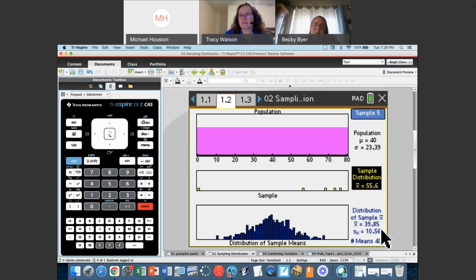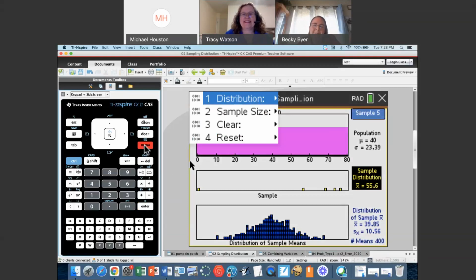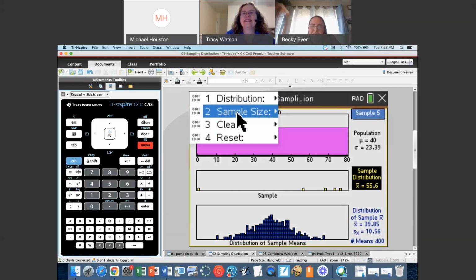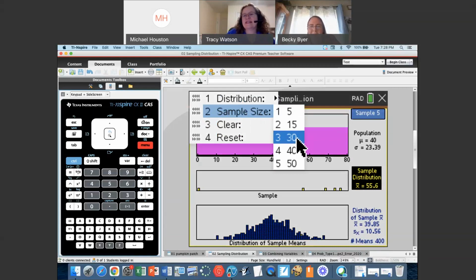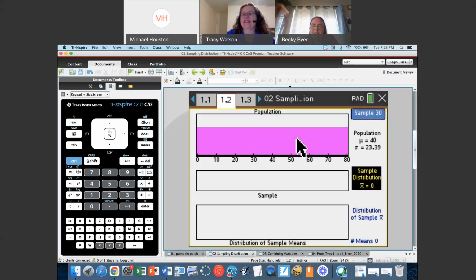So then it would be nice to say, okay, if it's roughly half, what happens if you change your sample size? And somebody already said menu earlier. So if you hit the menu, there is a way to change your sample size. And so let's go ahead and change it to 30. Noticing our standard deviation had been 10.5. So I'm going to write that down, that it was 10.5 from before. And then Tracy can now just repeat the process. She can go ahead and sample.